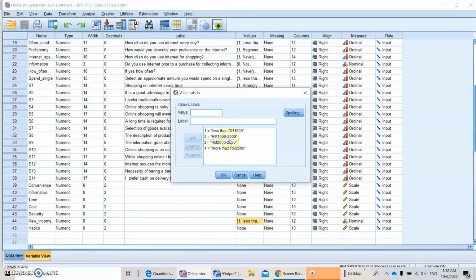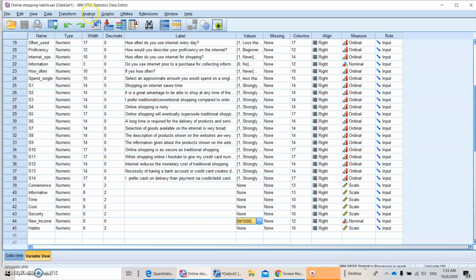The reason I combined is that less than 1000 had 20, and 1000 to 1500 had only one person. So when I combined these 2 categories, it went from 5 to 4. So I compare 4 groups of income level.